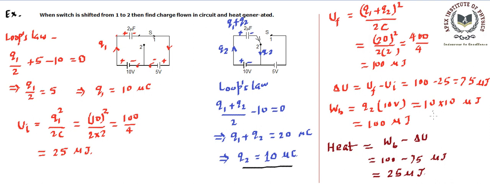So this is how we can use the energy conservation or work energy theorem, whatever you call it, and this becomes an important relation to find out the heat produced. And this is how we can solve the cases in which switches are involved and these switches are being shifted. So the idea is when the switch is connected to a particular configuration, you just solve that configuration completely. Then wherever it is asked for shifting the switch, you shift the switch and again solve this configuration separately.